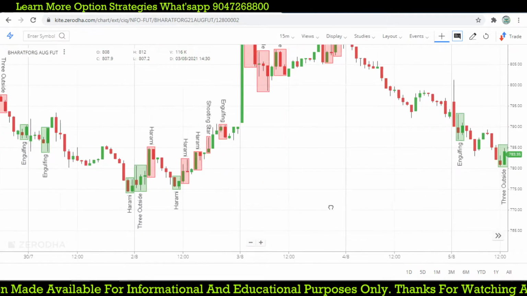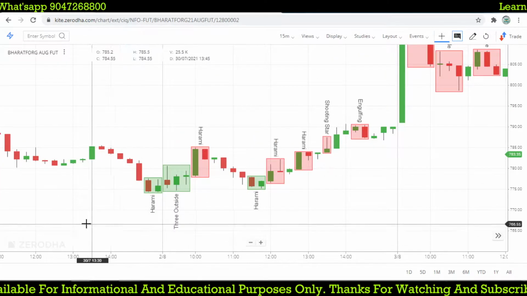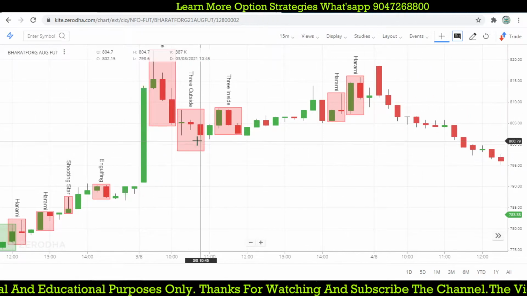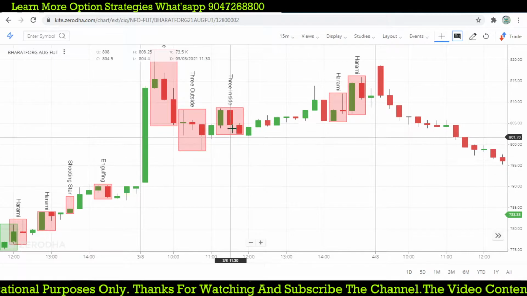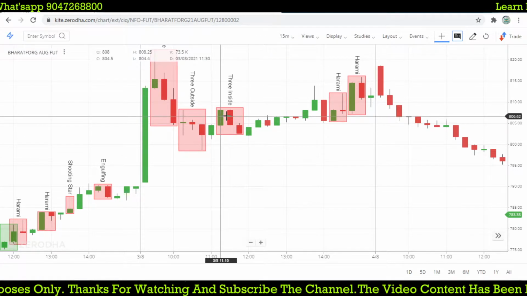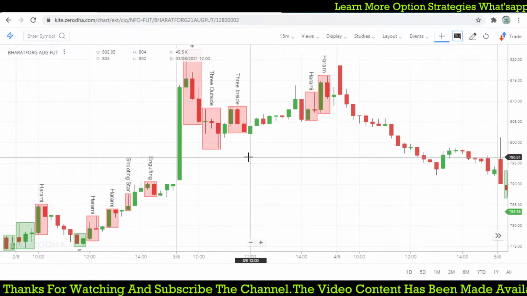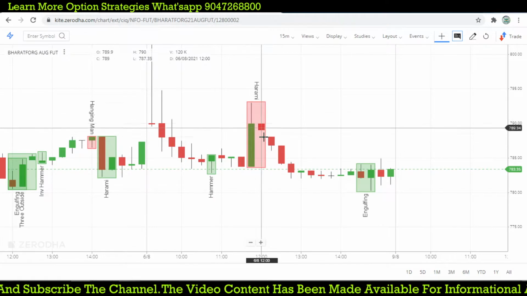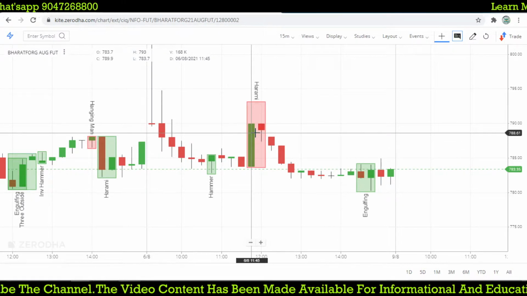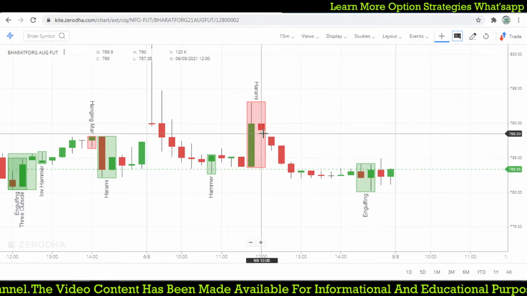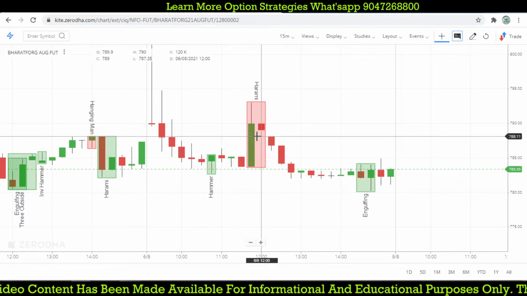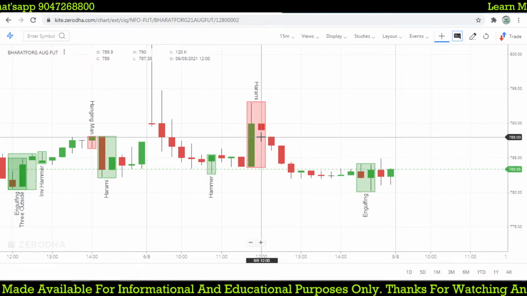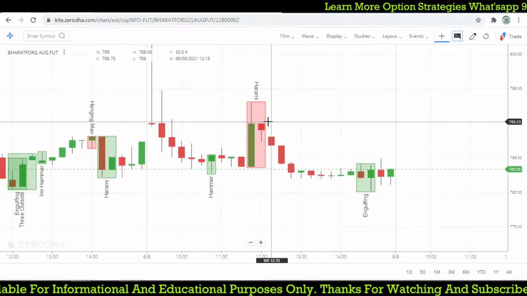Trying to find the exact pattern that will give me a great positional trade. We are checking for an intraday opportunity. Let's check. That's a little bit tricky to find now. When you see a Harami candle, it looks good, but the open is 783.7 and the next candle high is 790.9, this one is 783 and close 789.9. This high is 790, so 10 paisa higher than the previous candle.